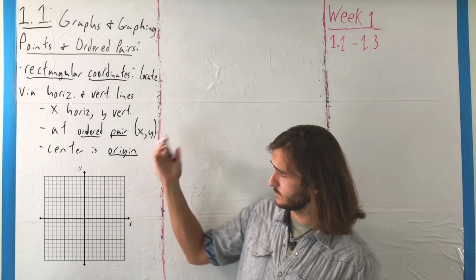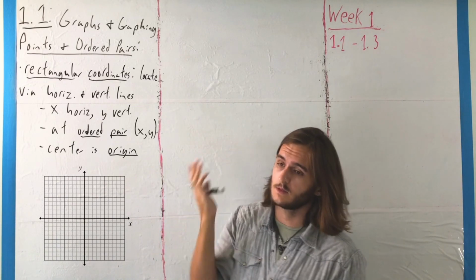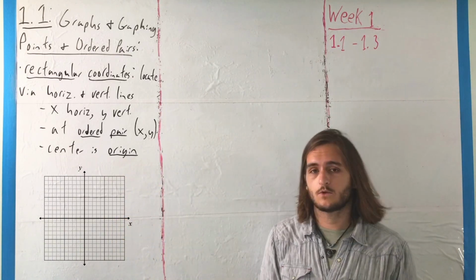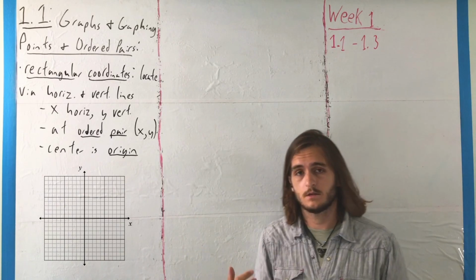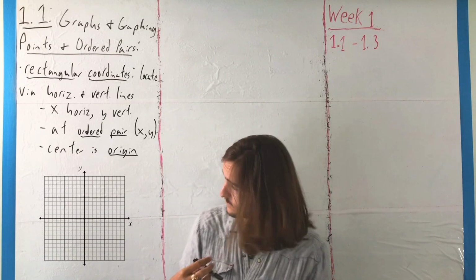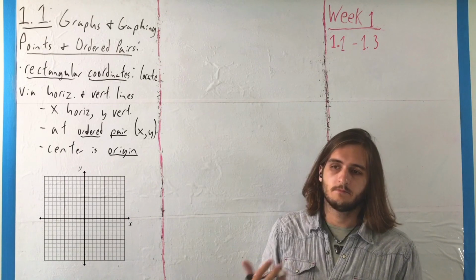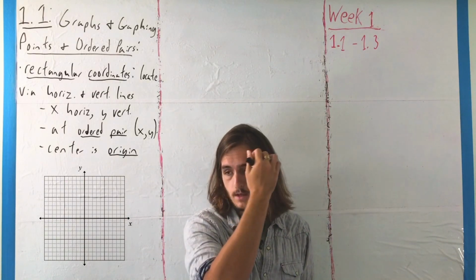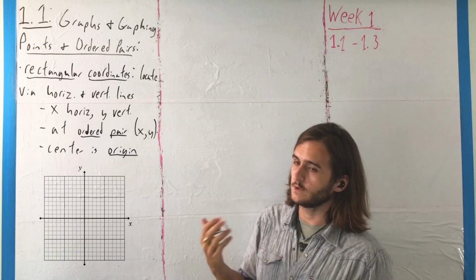In order to explain where some of this stuff comes from, it's good to give a bit of historical context, as well as some other names for what we're talking about here. For one, well, rectangular coordinates isn't the only thing that we call this system, even though, in my opinion, it's the cleanest in terms of being able to describe what you're actually looking at, in terms of, well, what it looks like. One of the other names, one of the best known ones that's used for this, is the Cartesian coordinate system. It's called the Cartesian coordinate system in recognition of the man who originally designed it.